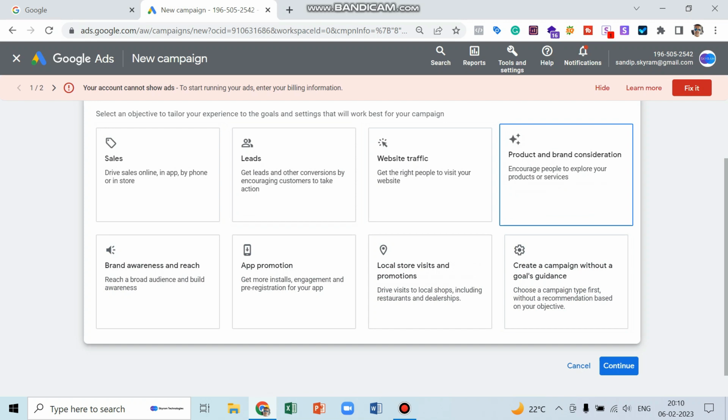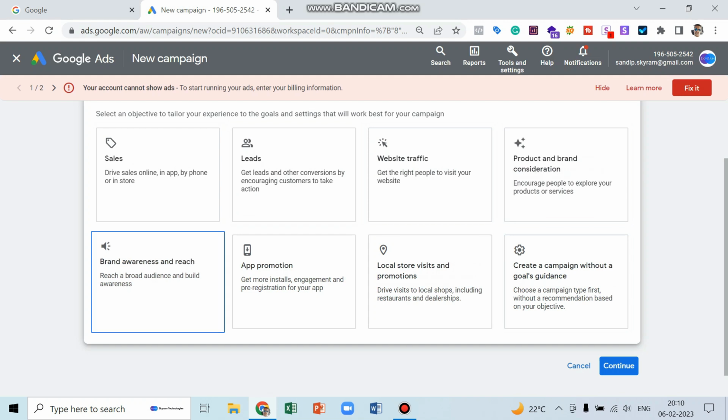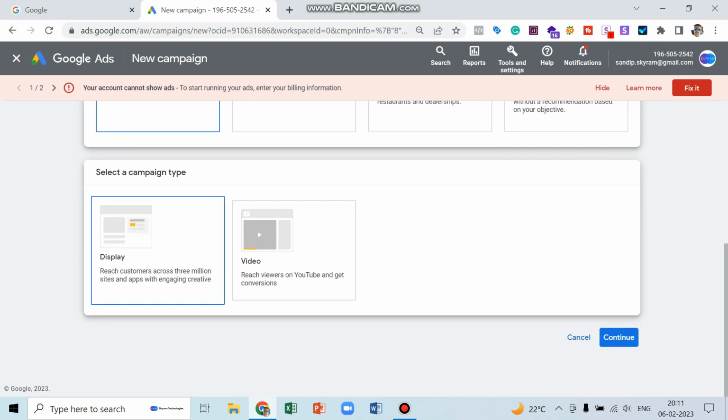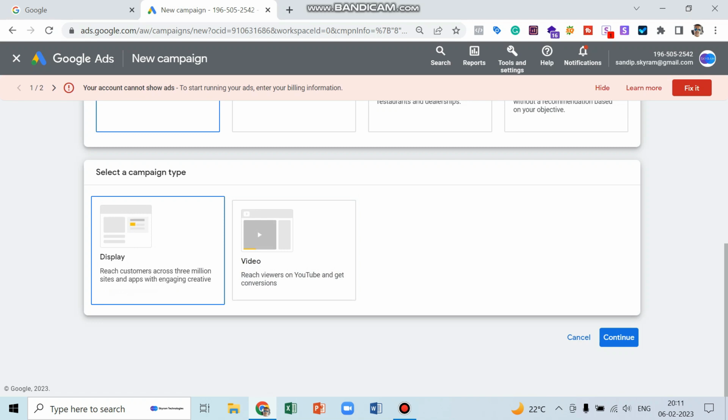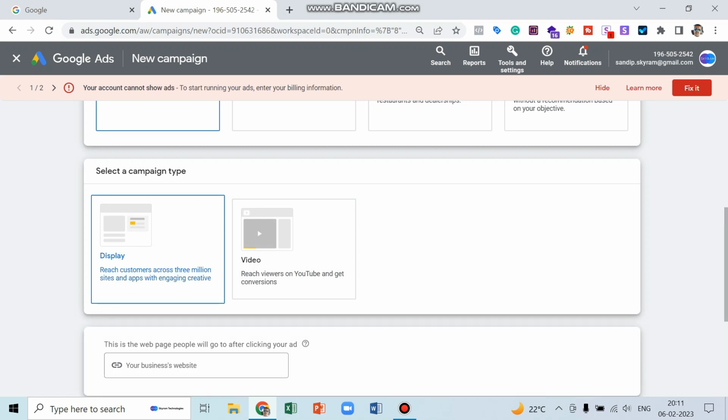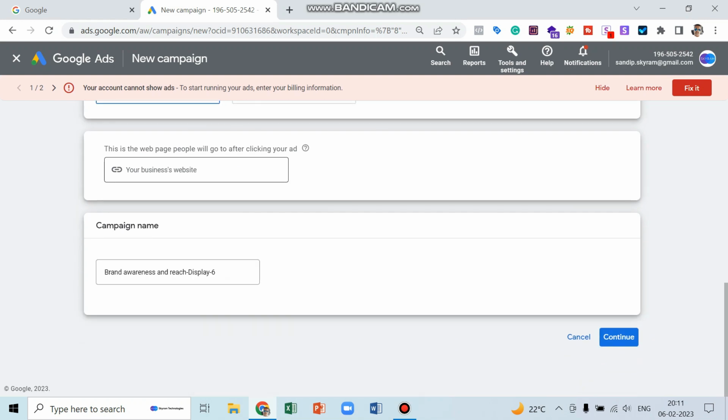Now for a Google display campaign, normally when our objective is to spread brand awareness, increase brand awareness and reach more people, then we should choose this objective. Now there are two different types of campaign we can choose. One is the video campaign, one is the display campaign. Since we are going to create a display ad, we should choose this as our objective. Here you can